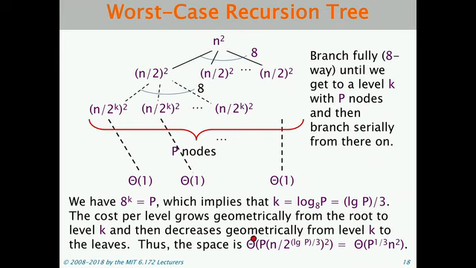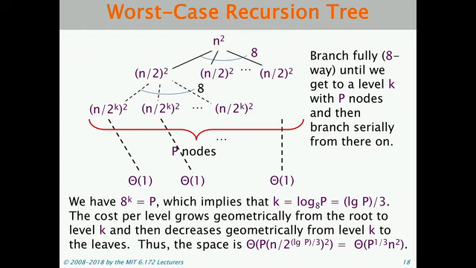So the space is going to be P times the size of each one of these nodes squared. And the size of each one of these nodes is going to be n over 2 to the log base 2 of P over 3. And then we square that because we're using n squared temporary space. So if you solve that, that gives you P to the 1/3 times n squared, which is better than the